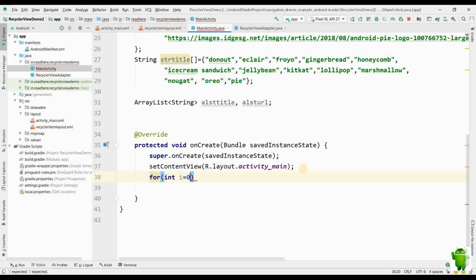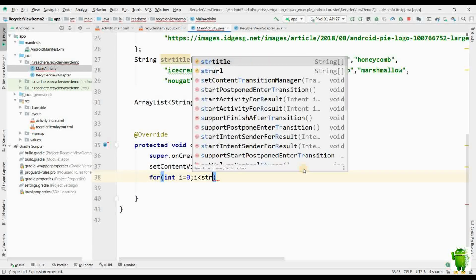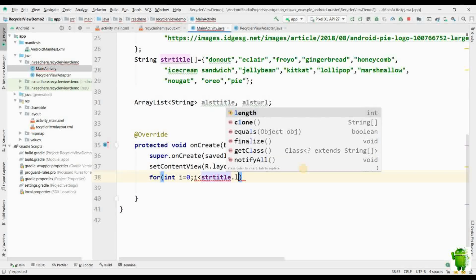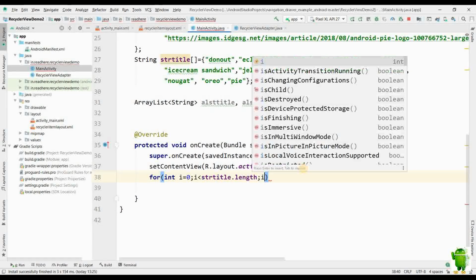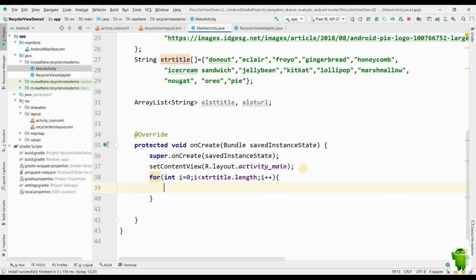With a for loop, for i equal to 0, i less than string array title dot length, i plus plus.